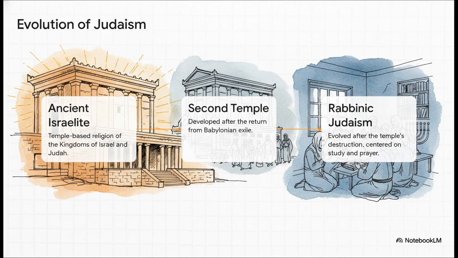And of course, all three of these faiths have changed dramatically over time. Judaism began as this temple-based religion of the ancient Israelites, and it evolved into the Rabbinic Judaism we see today. Christianity started as just one sect within Second Temple Judaism before it split off around the figure of Jesus. Then, centuries later, Islam emerged, with the Prophet Muhammad presenting what was seen as a final, direct revelation from God, one that completed and corrected the scriptures that came before. Each one is a huge evolutionary leap from that common Abrahamic truth.